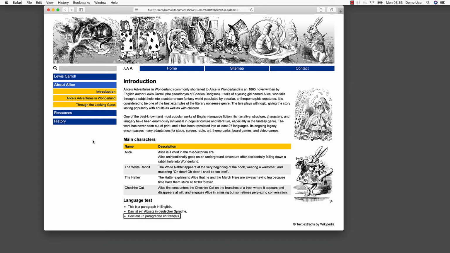The VoiceOver screen reader can recognize the different languages and uses the correct voice for each list item. As you can see, VoiceOver is a great tool for people with certain visual disabilities to browse web pages. Please note that most of the navigation options will work only if the author of the website has made the web pages accessible. For more information about how to make a web page accessible, please refer to the chapter HTML ARIA.